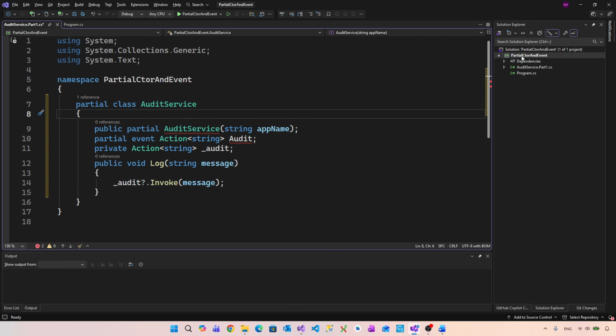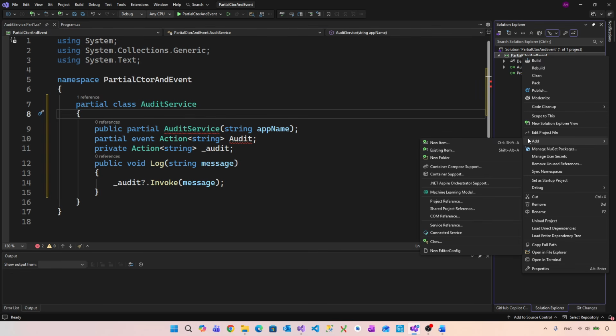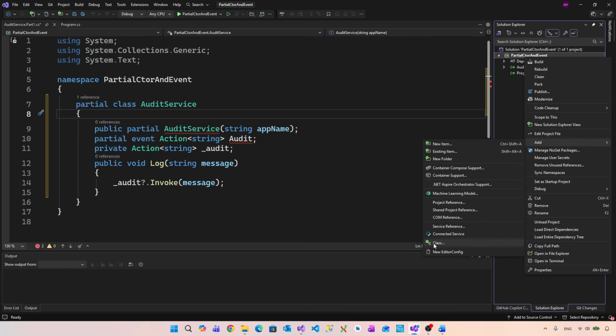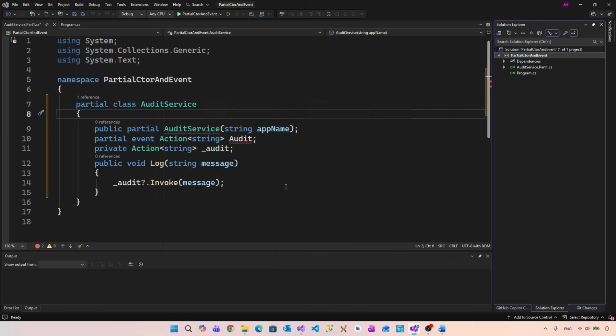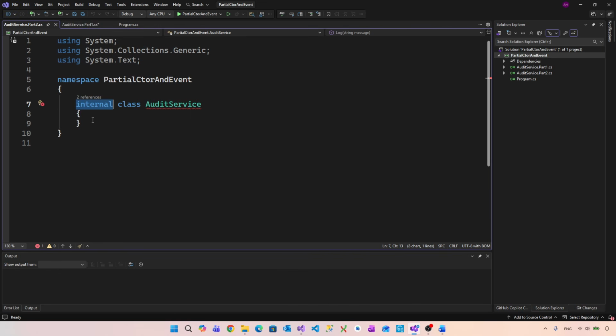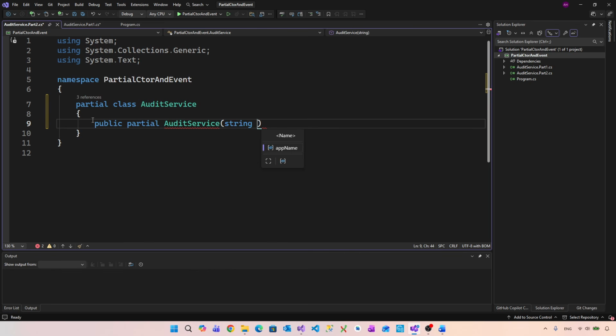So let's create the new file, add class, the same name AuditService.Part2.cs, and the same thing should be a partial class, and here we're gonna implement the partial constructor AuditService, which takes string appName,